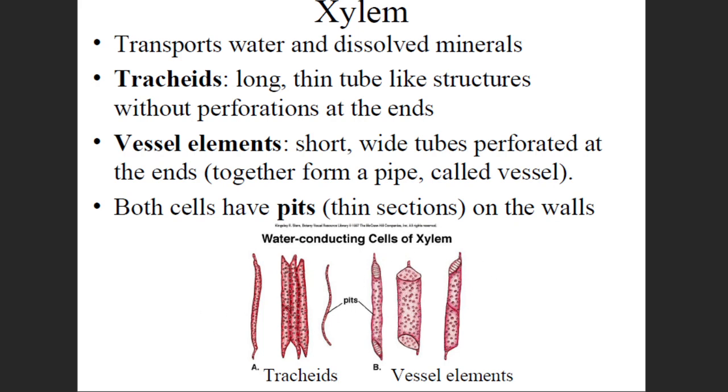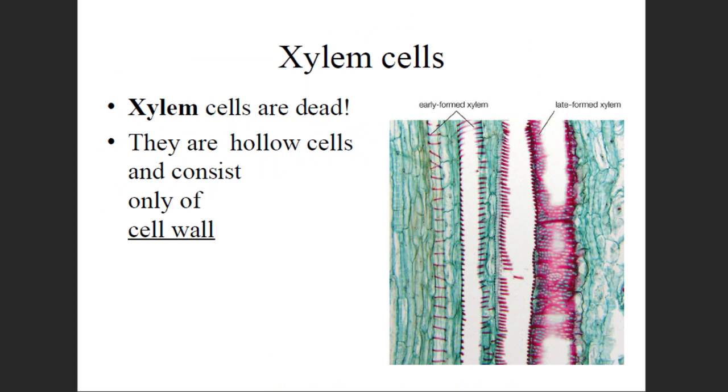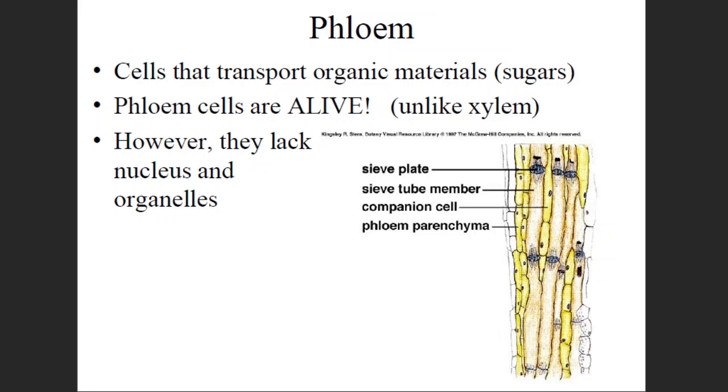The xylem cells are dead cells, and in a plant cell these dead cells are mainly employed for protection work and other structural support. These xylem cells particularly are employed for the transport of water, that is, they are conducting tissues. They are hollow cells and consist only of cell wall, so all other components have been lost.